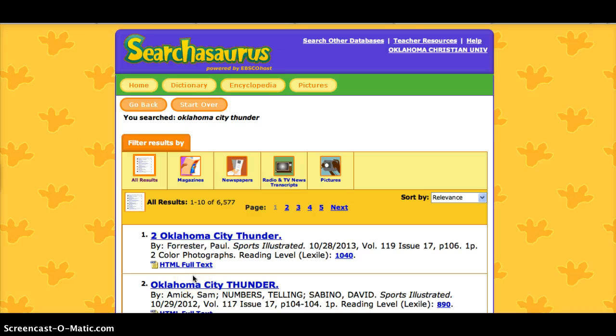If I only typed in Oklahoma City Thunder, I'm going to have over 6,000 results. So if I only want the results that include things about the Thunder but not Kevin Durant, so hopefully they're talking about another player, that's what I want to do. So using that word "not" helps me get my results down to a smaller number, which hopefully is going to make them more of a quality